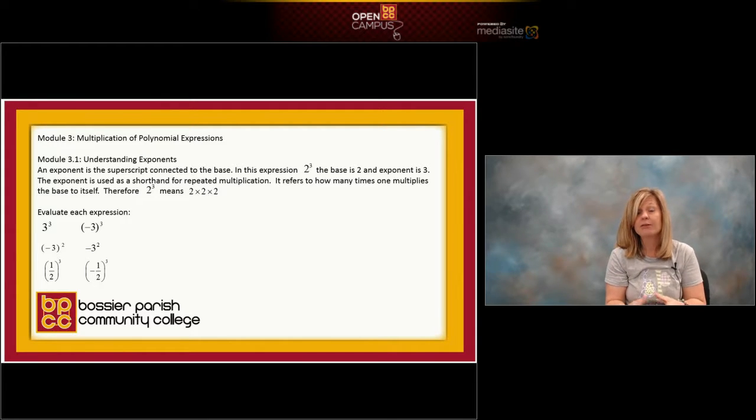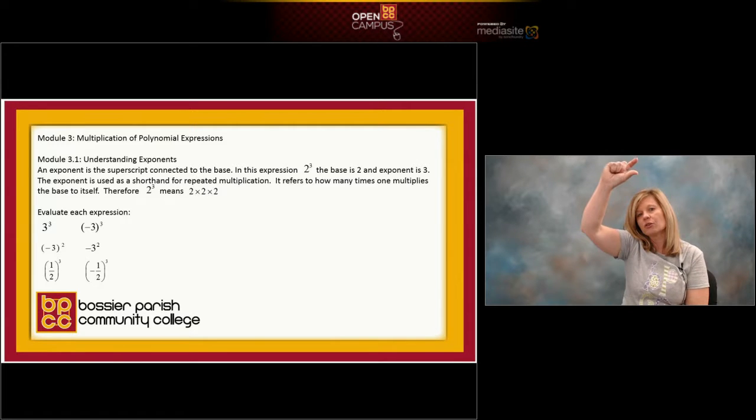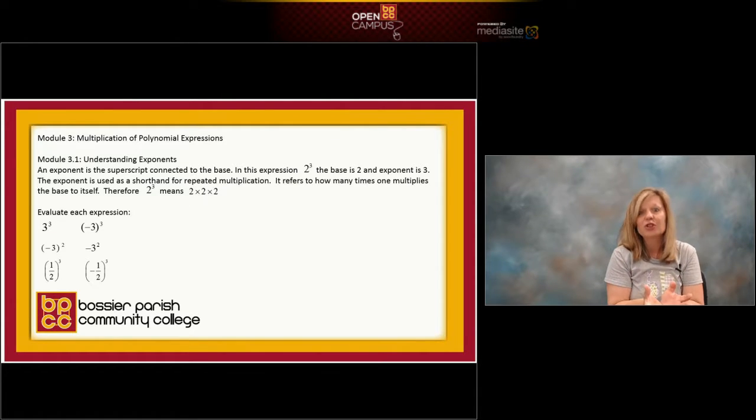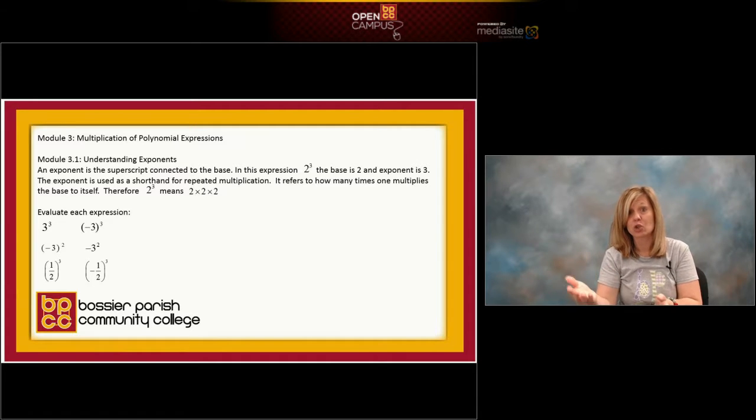First of all, if you look in your PowerPoint, you'll see the expression 2 cubed, or I can read that as 2 raised to the third power. Power is another word for exponent. As we all know, that little superscript, the 3, is the exponent. The term it's connected to is called the base. In order for me to even talk about an exponent, it needs to be connected to a base. That base could be a number in arithmetic, or it could be a variable, like when I write x squared, the base can be x in algebra.